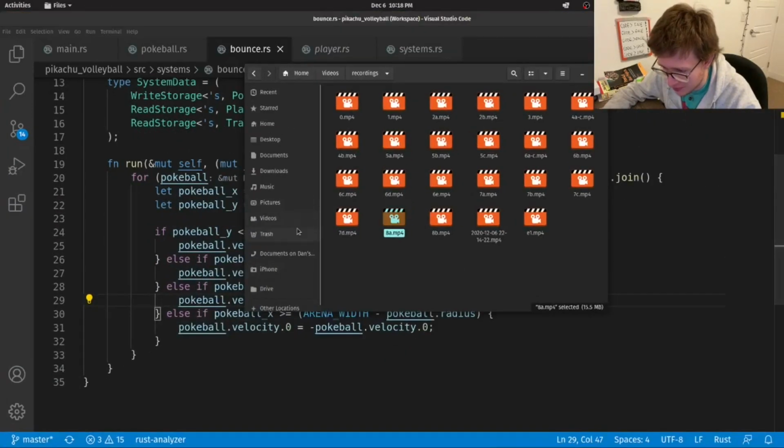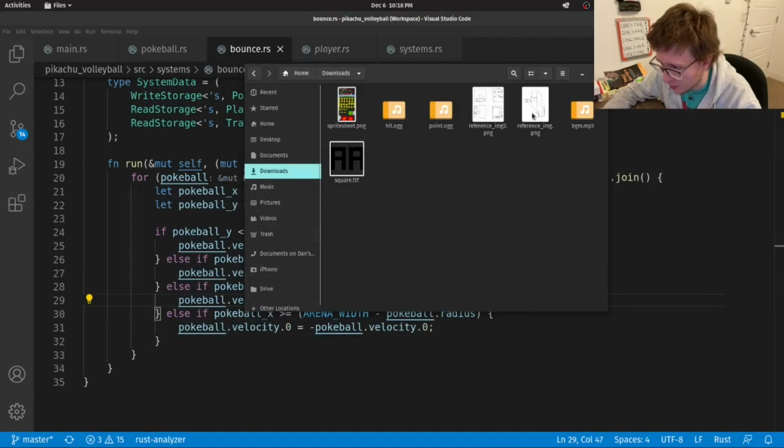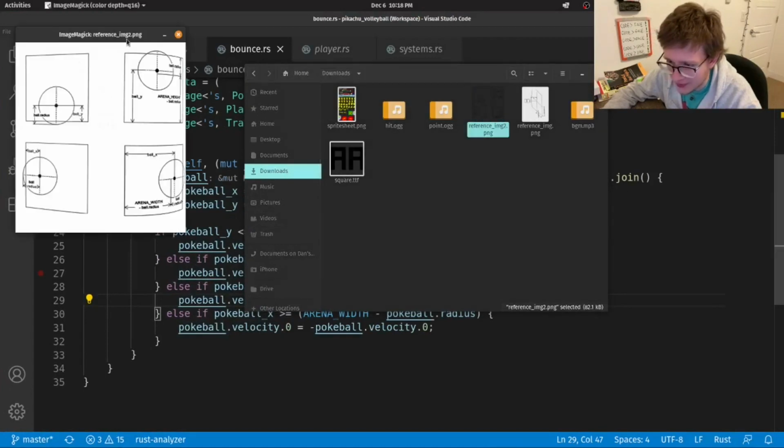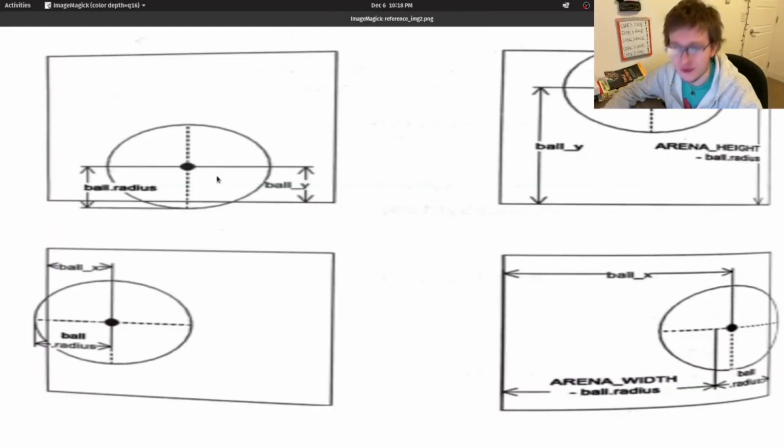So that's it. And if you didn't really get this, I have another good image to show you, which will probably be just as pixelated as the other one, but we'll make do. Alright, there it is. Again, this is from Xing Liu's book. In here, the bottom, ball radius, that's as far as we allow it to go. In the top, arena height minus the ball radius, that's as far as we'll allow it to go. In here, ball radius, that's as far as we'll allow it to go. And in here, arena width minus ball radius, that's as far as we'll allow it to go.